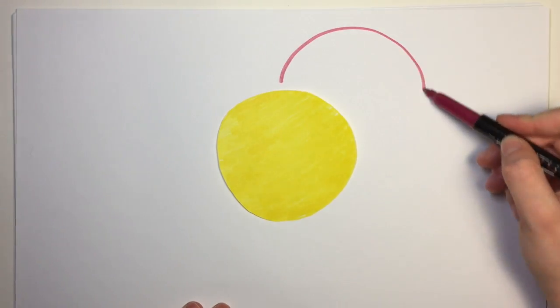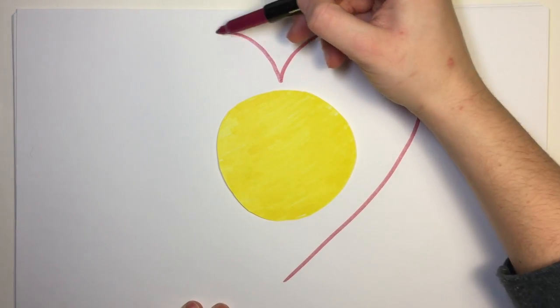Despite the dangers of the sun, it is still essential to life on Earth, and without it, we would not